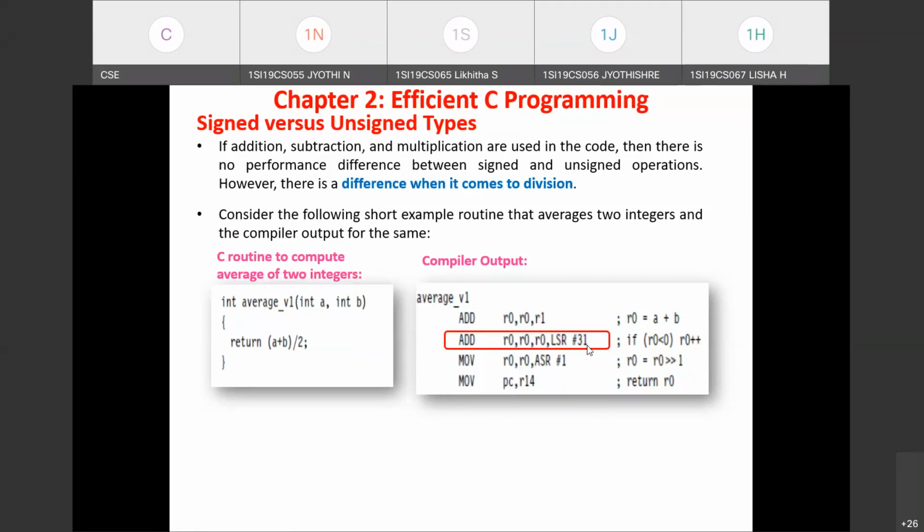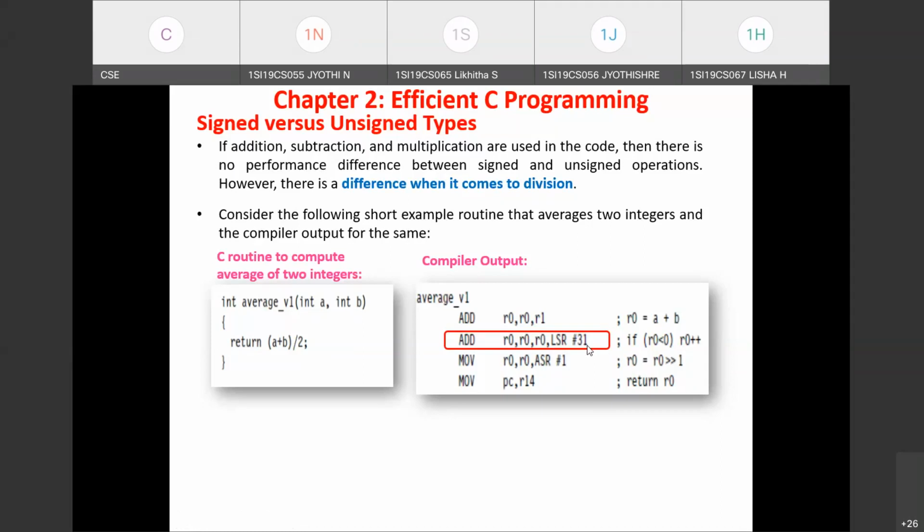Logical shift right means as many times as we shift towards the right, the least significant bits are lost and the MSB is filled with 0. If you shift right 31 times, the sign bit will appear at the least significant bit position. Yes or no?